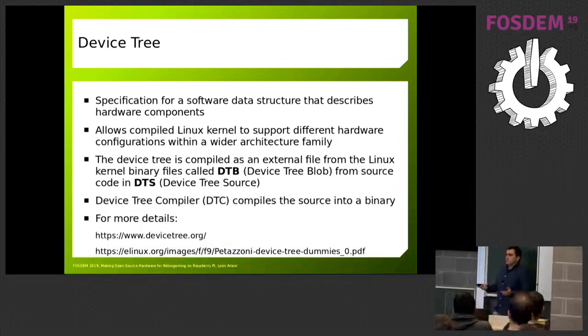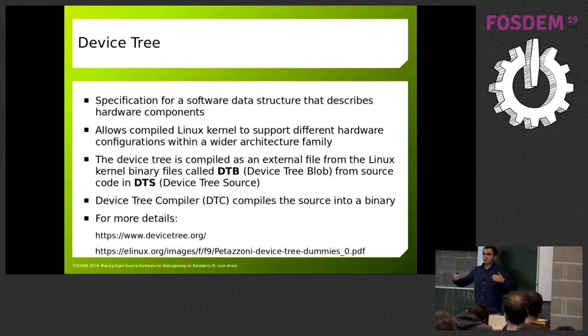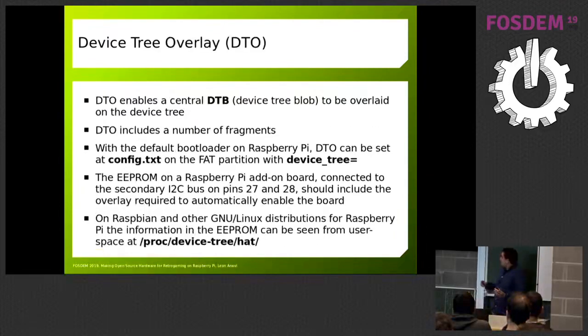So why am I telling you this? Because when you have a bunch of buttons, and we have that in this particular project for a gamepad, it's good to make it work out of the box. And the device tree is the mechanism that allows you just to plug the board on top of the Raspberry Pi, put the device tree binary blob on the EEPROM that you saw on the previous slides, and automatically the operating system and the bootloader will boot this device tree binary overlay. The device tree binary overlay itself enables the device tree binary to be extended,